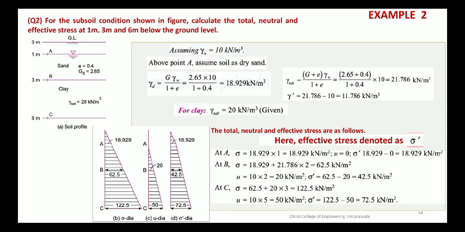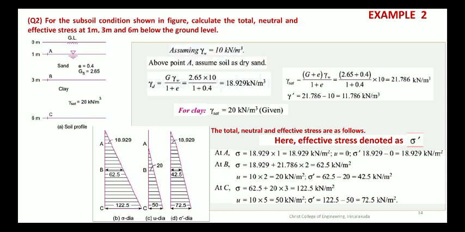Finished. Then coming to pore water pressure. Pore water pressure at the top, 0 meter, it is 0. Then at A, again u value is 0. Then at B, what is the u value? 20. So they have marked it as 20. So that triangle starts from A, the value is 0. Then at B the value is 20, and at C what is u value? It is 50. So you just mark it.